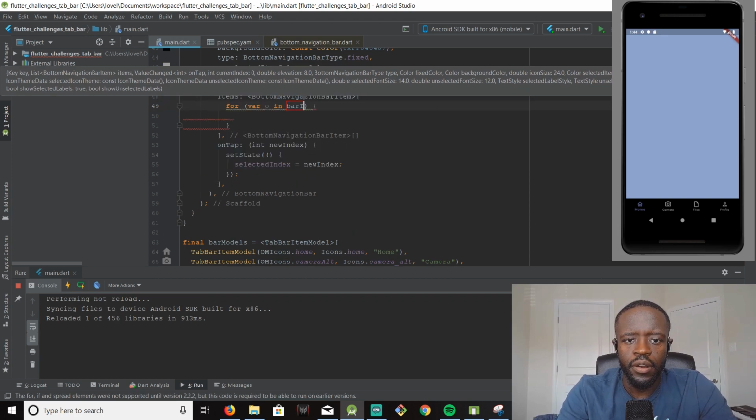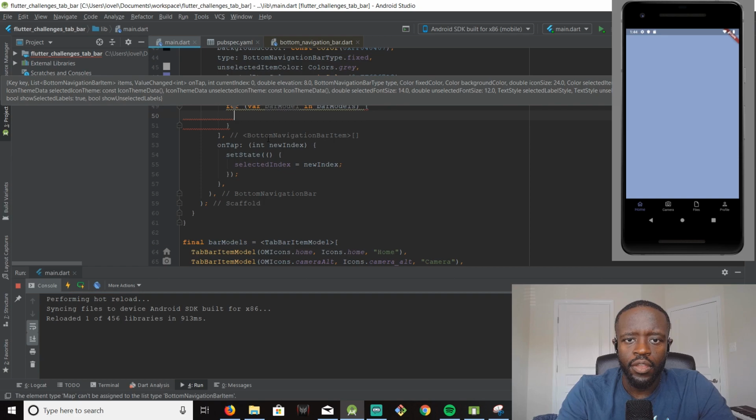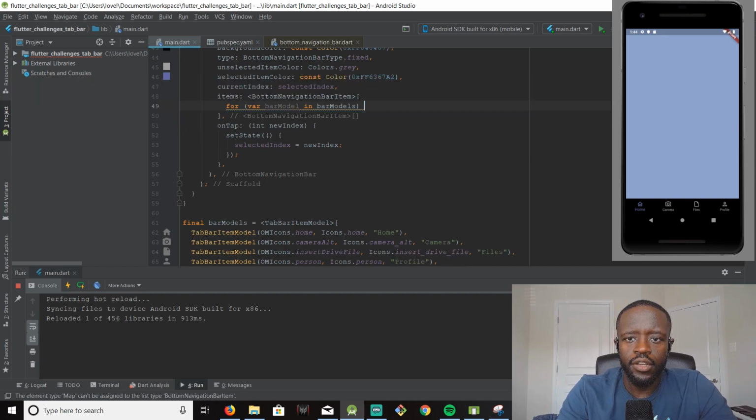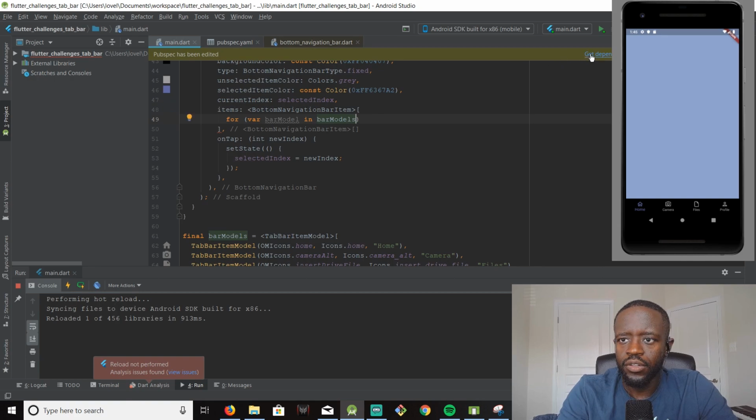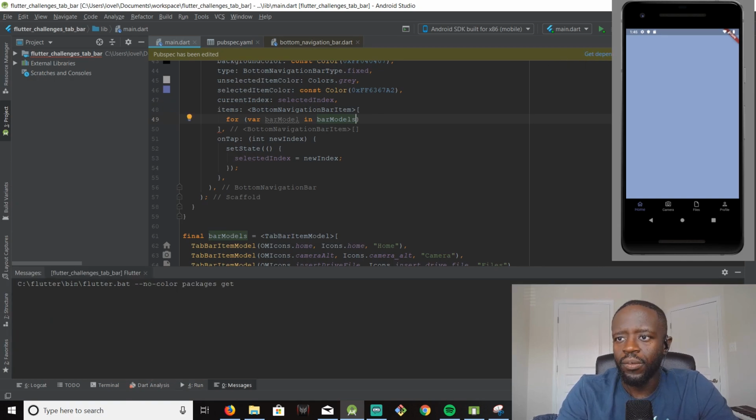Bar item, no, bar models, bar model. Okay, so it's gonna be for, yeah, I have to also update the SDK, but this is what I mean. And actually we might just leave it like this for now. Update, so get dependencies. Yeah, we might have to,